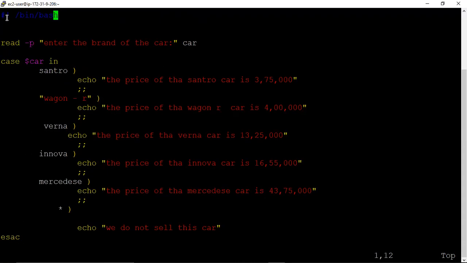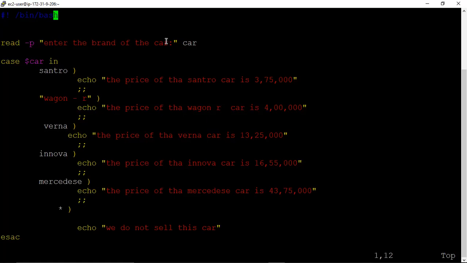Together it's called shebang, followed by space, and then forward slash bin forward slash bash. Then in order to take data from user, we use read dash p, enter the brand of the car.